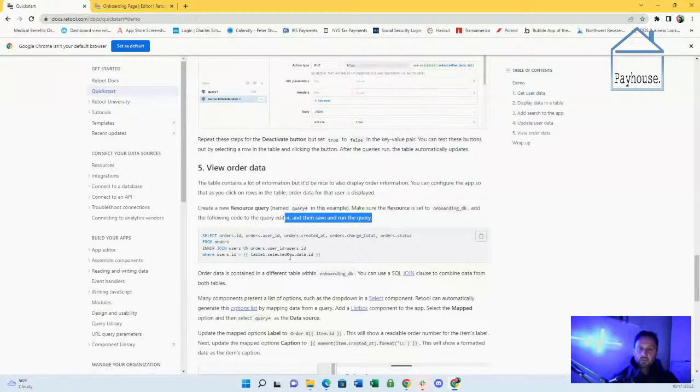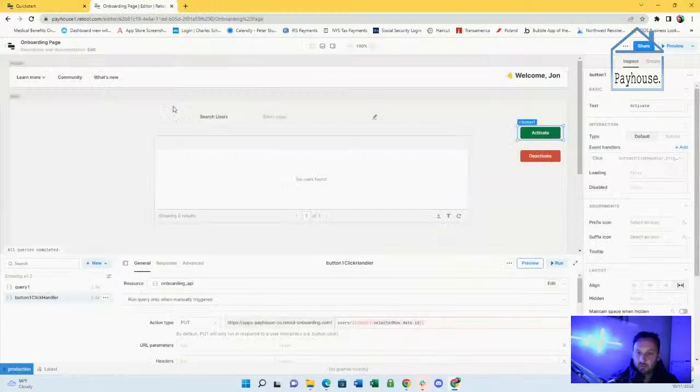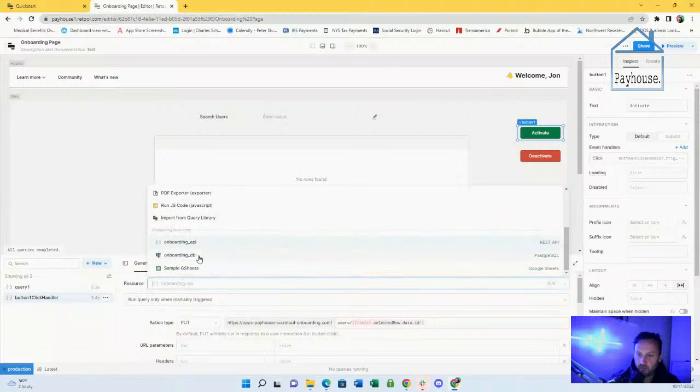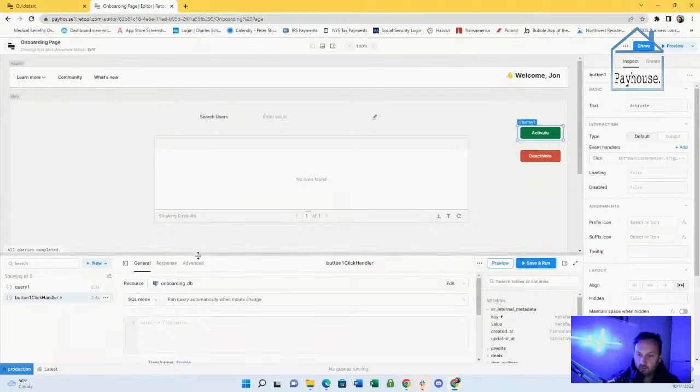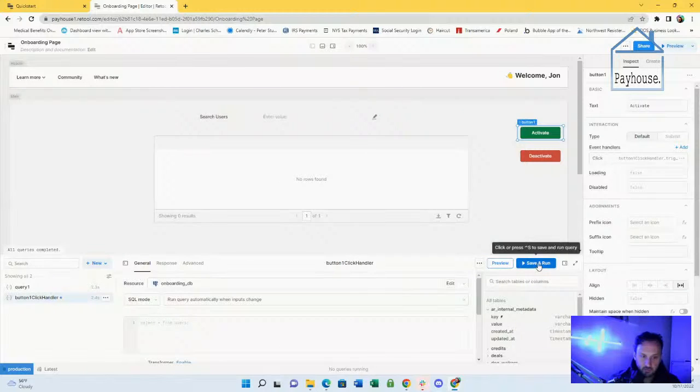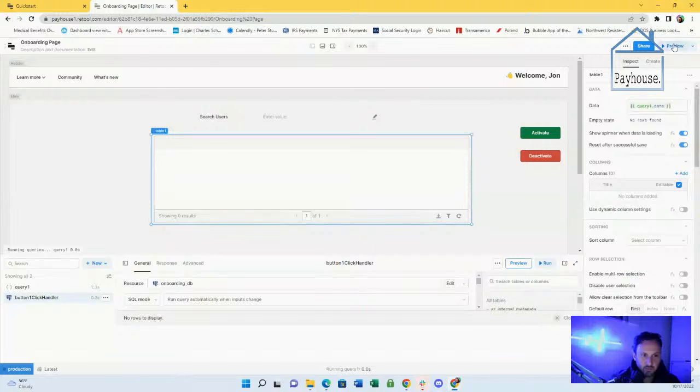All right, let's try this. Let's see if we can order this. It doesn't seem like I have any data now, though. That's the problem. Oh, well, I don't have any data because I'm not on my onboarding DB database, right? No rows found.